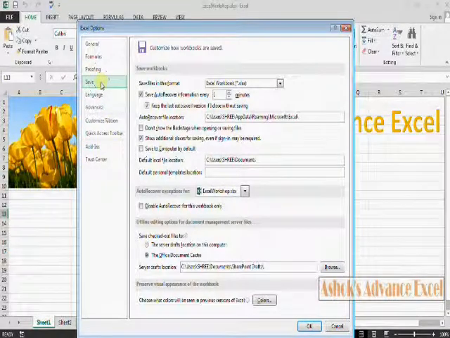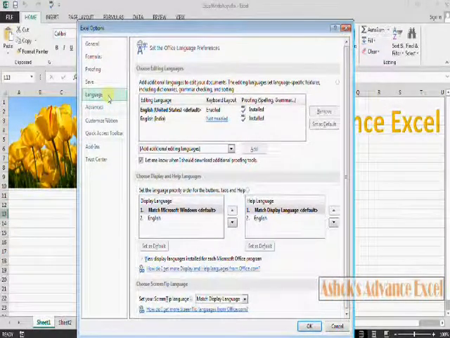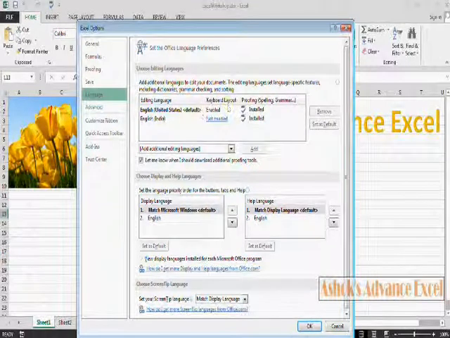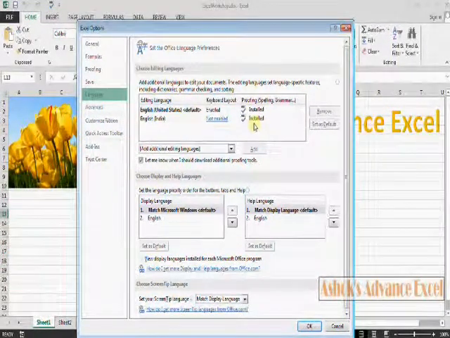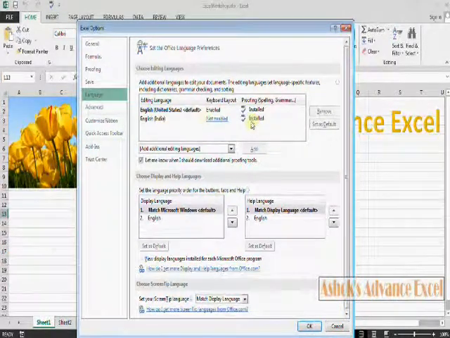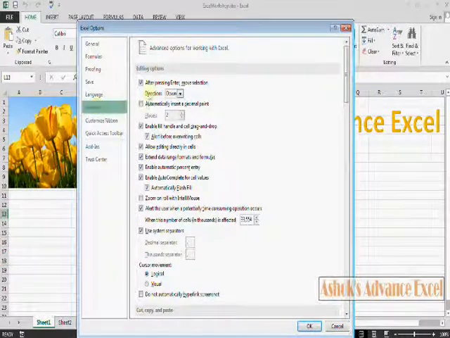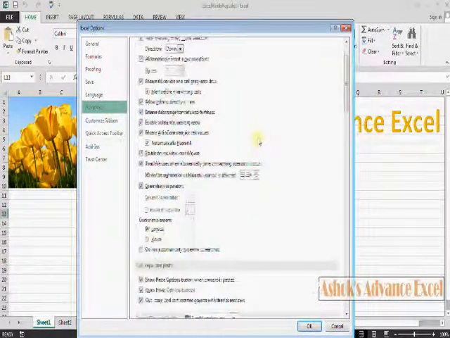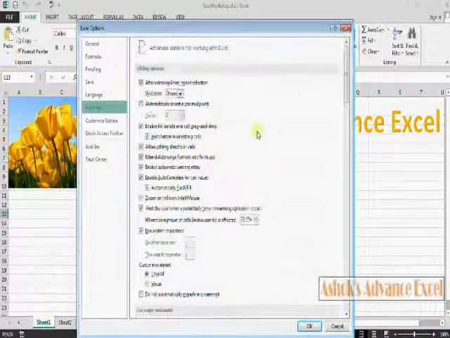We already worked with it, so we'll go for the next, that is Language. We can add more editing languages, but it has to be enabled, downloaded and installed. Next, Advanced. Here in this tab so many settings are available for the current workbook and all future workbooks. So be careful with any changes.